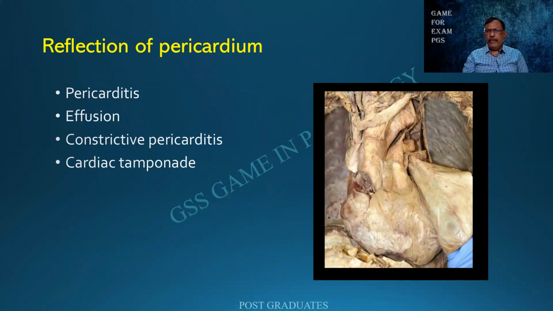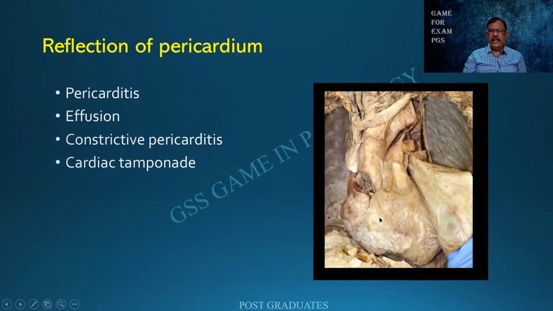And coming to the different parts of the heart, before we open up, the first thing that we will have to do is to reflect the pericardium. The pericardium can be reflected by means of an incision and then gradually separated. In fact, it should peel off on its own, but it gets adherent in the case of a pericarditis. And in this particular case, I am finding that it is not transparent.